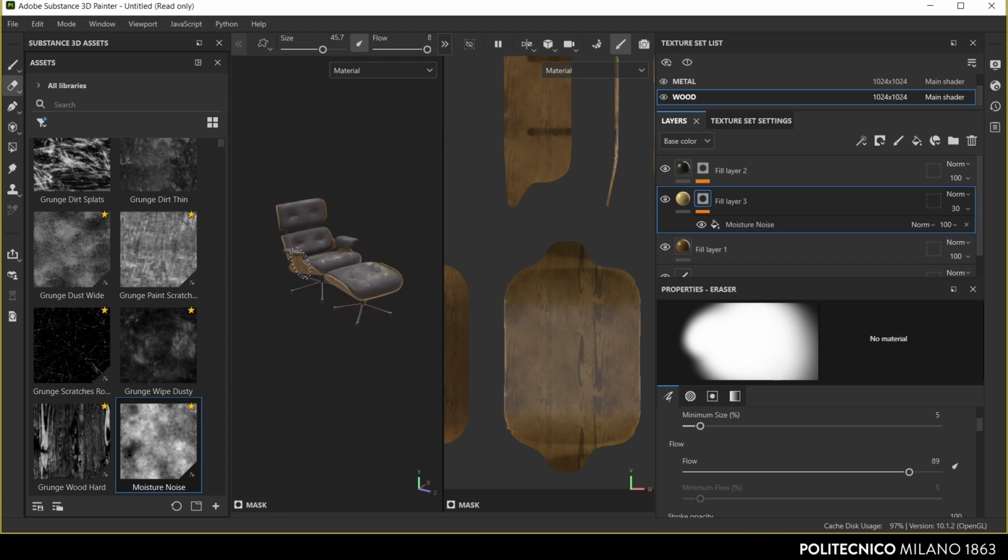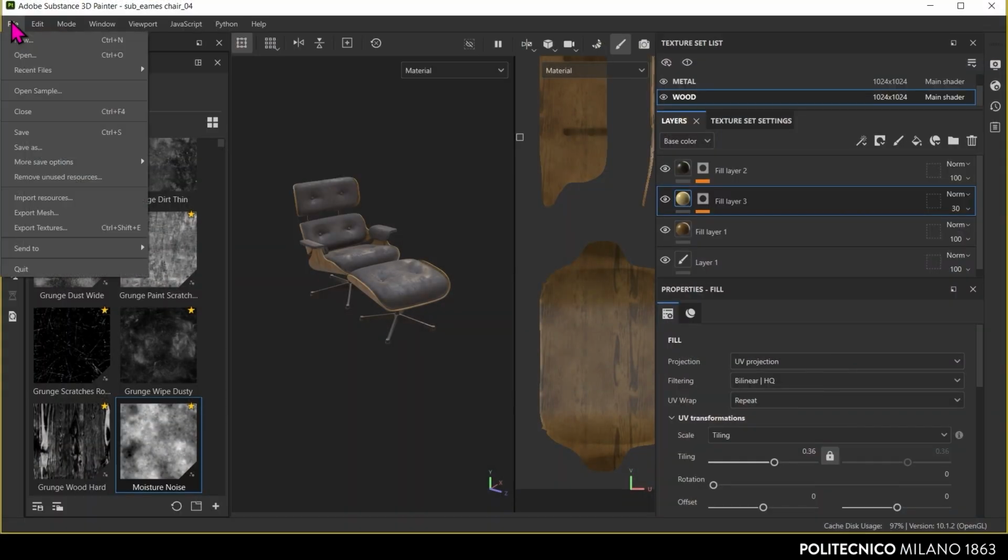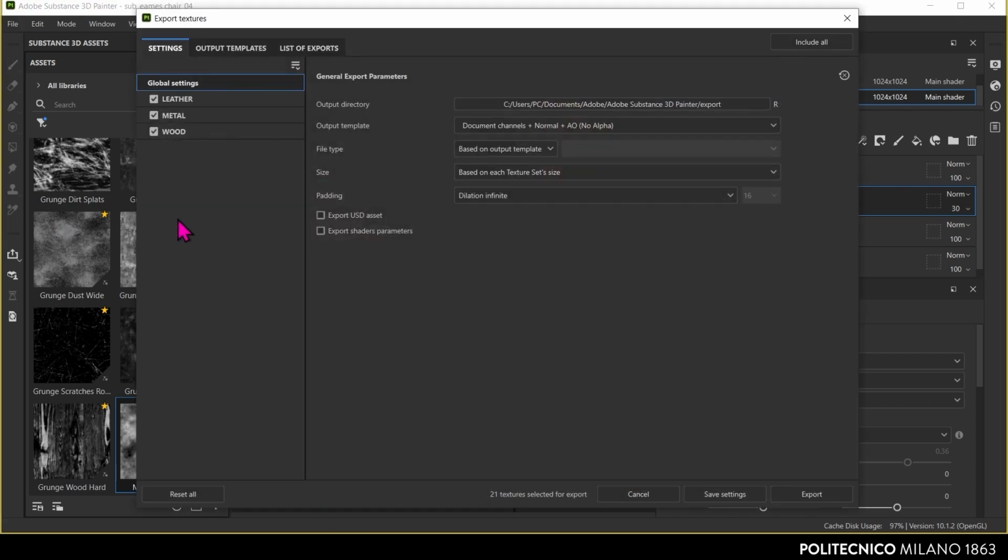The texture export process in Substance Painter is highly flexible, allowing us to create various file formats to ensure compatibility with different workflows. To begin exporting textures, select Export Textures from the File menu. A dialog window opens where we can configure the export settings.